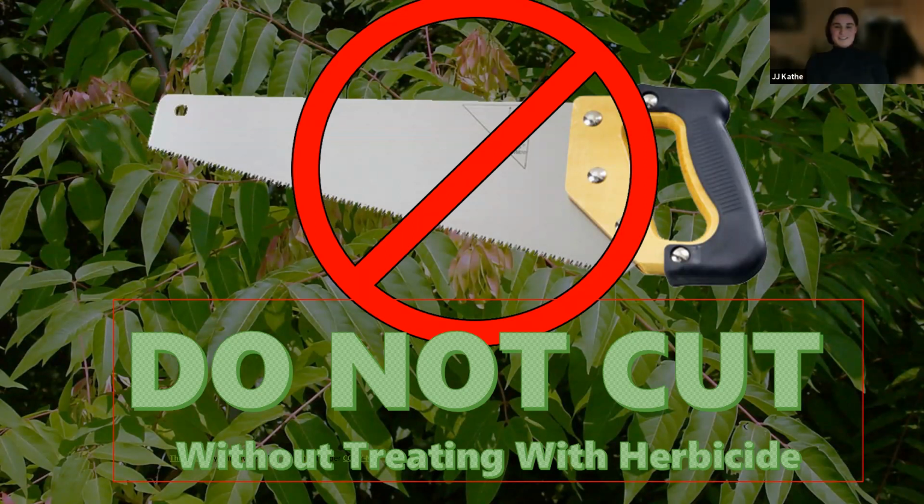So the takeaway with this, I mentioned you don't want to cut or mow knotweed. This is one you super don't want to cut without treating. And the reason why is because similar to a hydra or any other alien nightmare species of your choice, when you cut it, it sort of, for lack of a better term, senses that, and it sends out a hormone into the root stock that spurs it on to send out more of itself, more root suckers, and that can be within a 50-foot radius of the original plant. So say you have a big mother plant and it's really getting on your nerves and you just cut it down, that'll send a ton of that sort of alarm hormone into the roots,